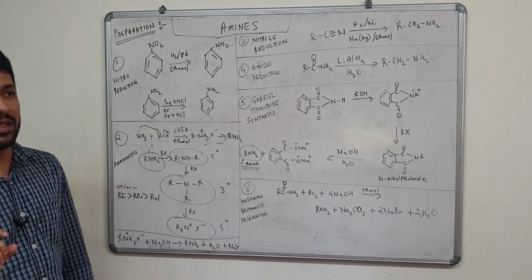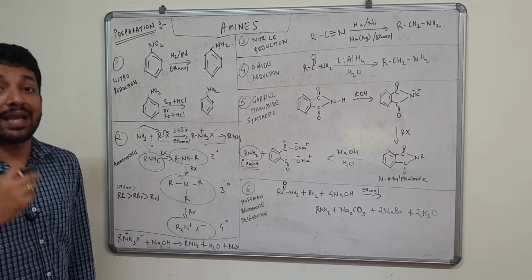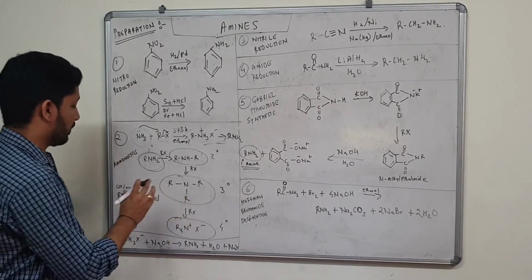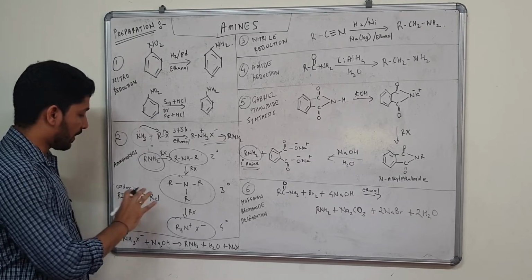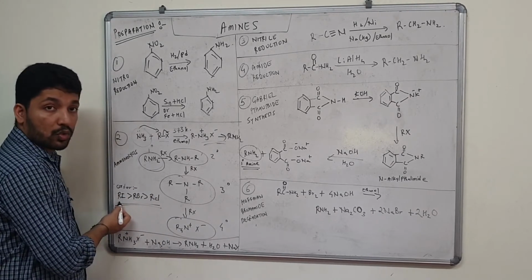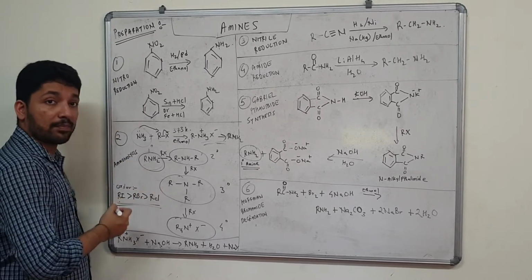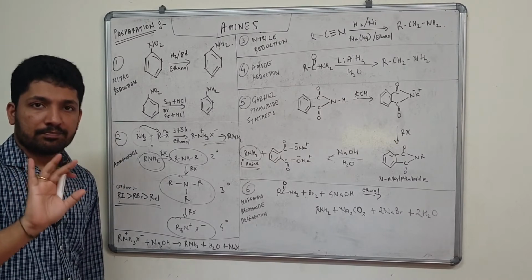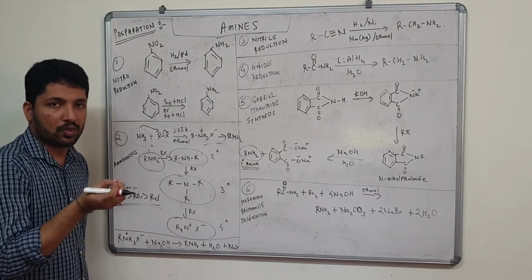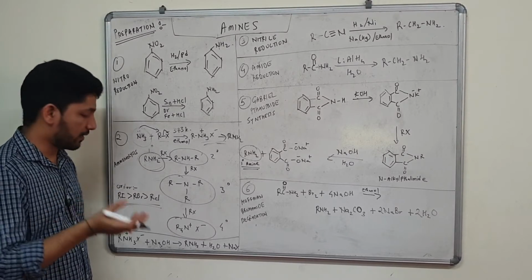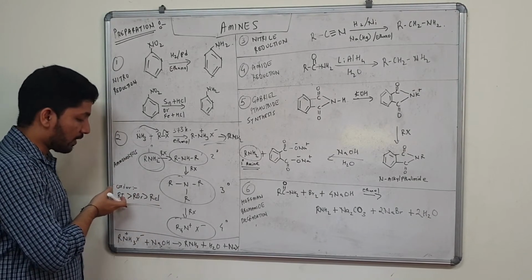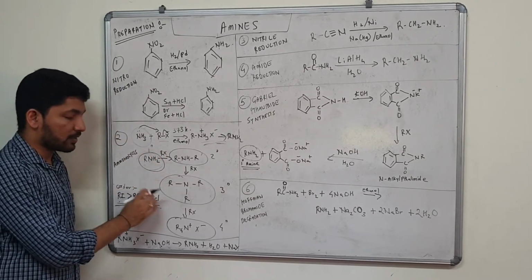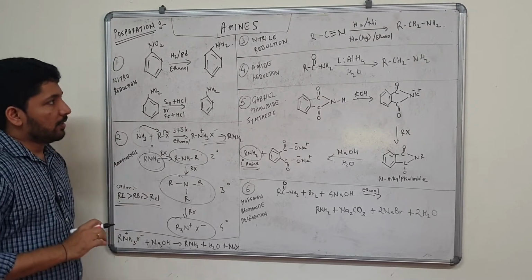RF does not exist. It's highly unstable because fluorine has the largest electronegativity, right? We studied in 11th standard. So because of that, RF is not possible over here. It's a very violent reaction. So this is the order. Alkyl iodide is mostly preferred because iodine gives a very good reaction, whereas chlorine is slightly reactive because it belongs to just the third period. Iodine's reactivity in this reaction is preferred and very high, whereas chlorine is highly unstable.